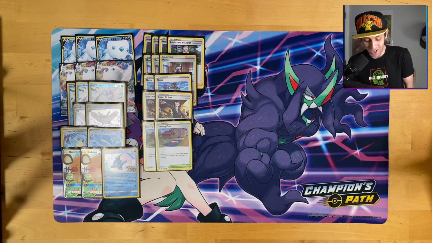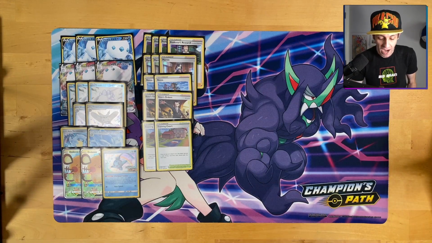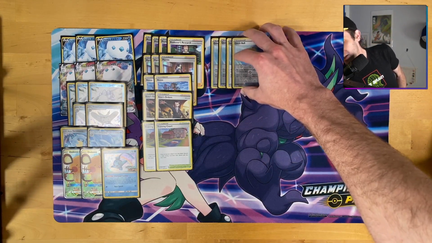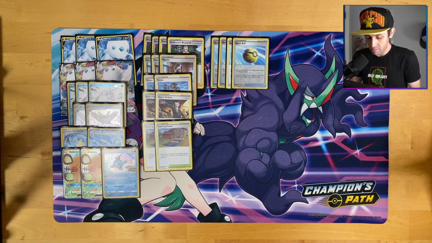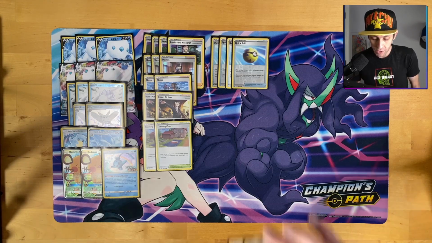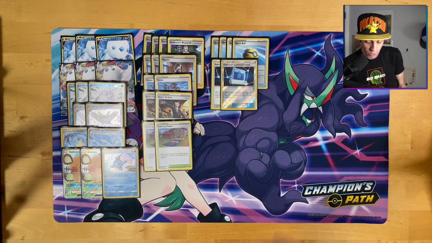We don't have the Marshadow in here, but 2 Training Courts. Now, in terms of Pokemon search, because we have a variety of different Pokemon we need to get out, we obviously are going to be playing 4 Quick Balls in here. So 4 Quick Balls, pretty good. And then in terms of the other search, we only have 2 Pokemon Communication, and I opted for 2 Evolution